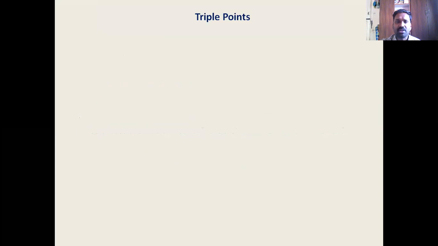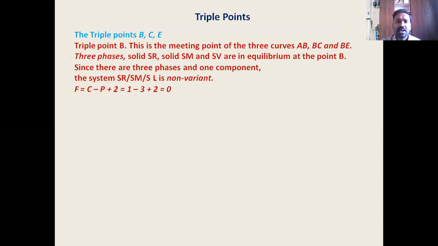What do you mean by a triple point being non-variant? Because apply the Gibbs phase rule. F is equal to C minus P plus 2. Number of components is 1. Number of phases is 3. And then plus 2. So that will be 0. So the system at